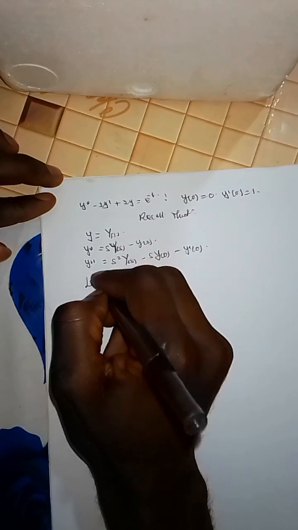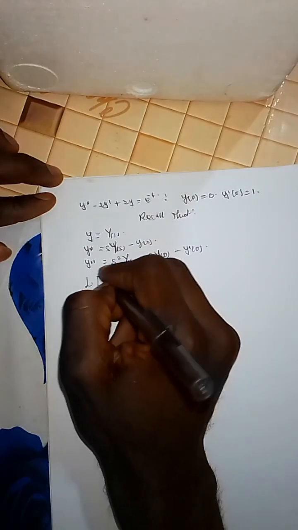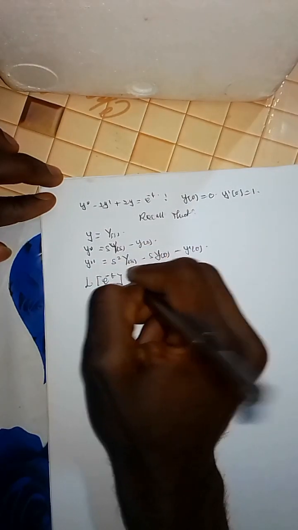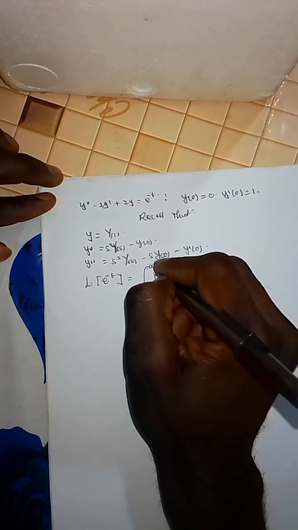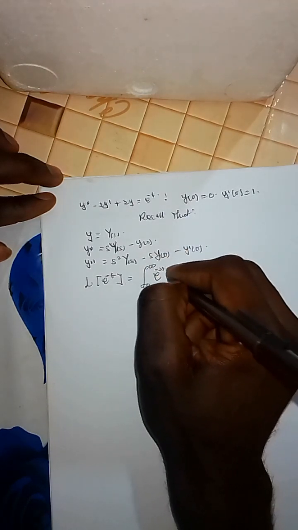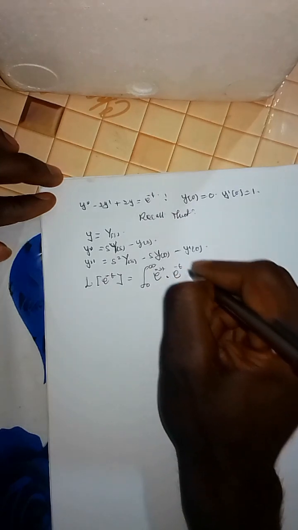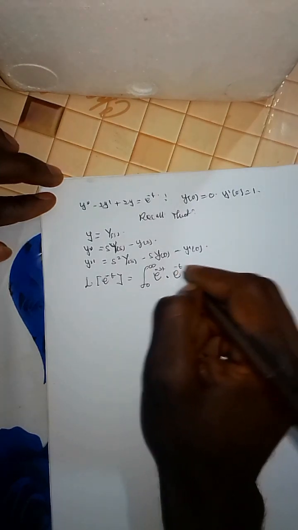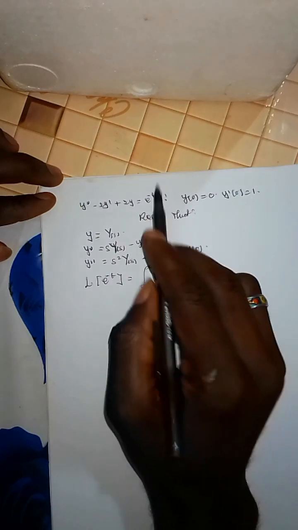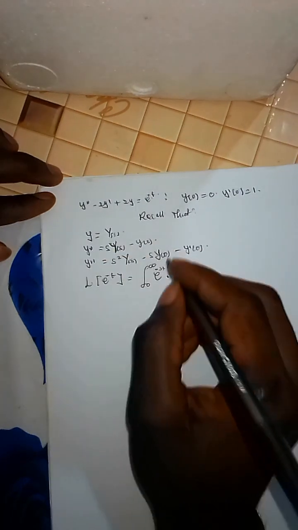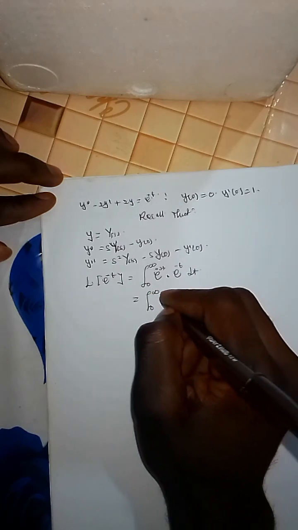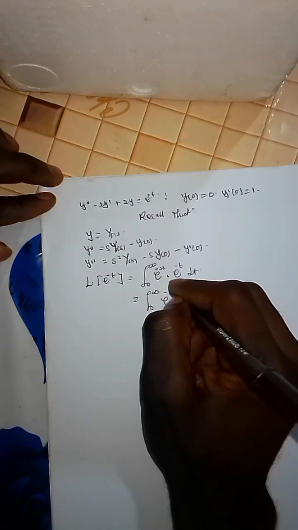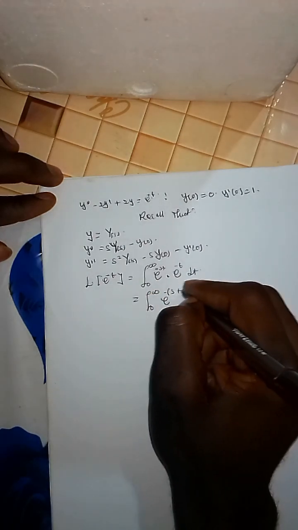And the Laplace transform of the function e to the negative t is equal to the integral from 0 to infinity of e to the negative st times e to the negative t dt. e to the negative t is this function. So this will result in the integral from 0 to infinity of e to the negative, outside, we will have s plus 1,